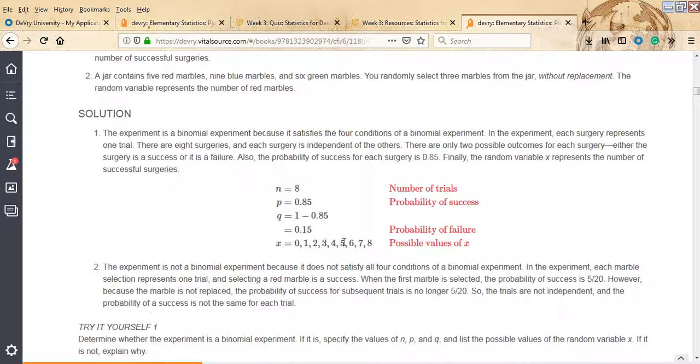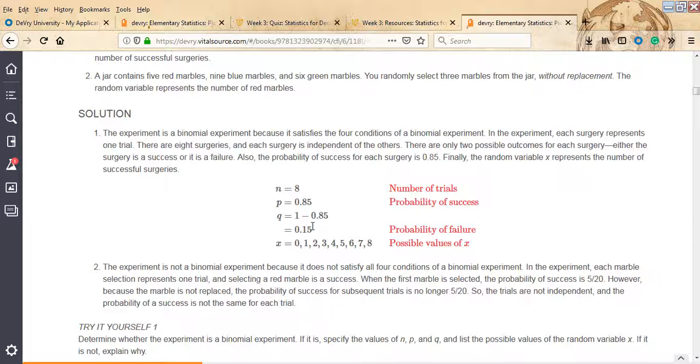So we can study any one of these. We can look at 3. We can look at 6. We can look at something like 5 or more, or 3 or less, or 2 to 4. We can calculate the likelihood of their occurrence, however we define the problem. But the probability of success is 0.85 or 85%. The probability of failure is